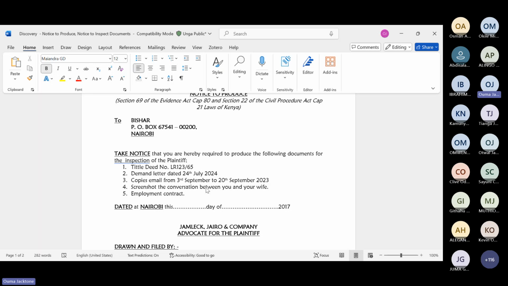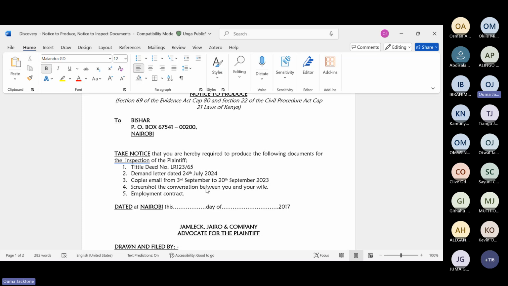So the first part are the documents that either you are willing to produce or not willing to produce. So tell the person that you've requested for 5: I will not be producing 1, 2, 3. Number 2, you are able to come and view or inspect 2, 5, and 4, or 4 and 5.